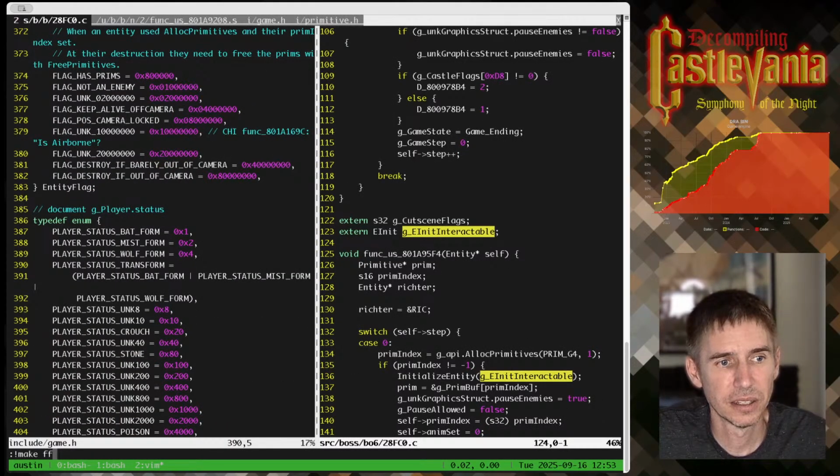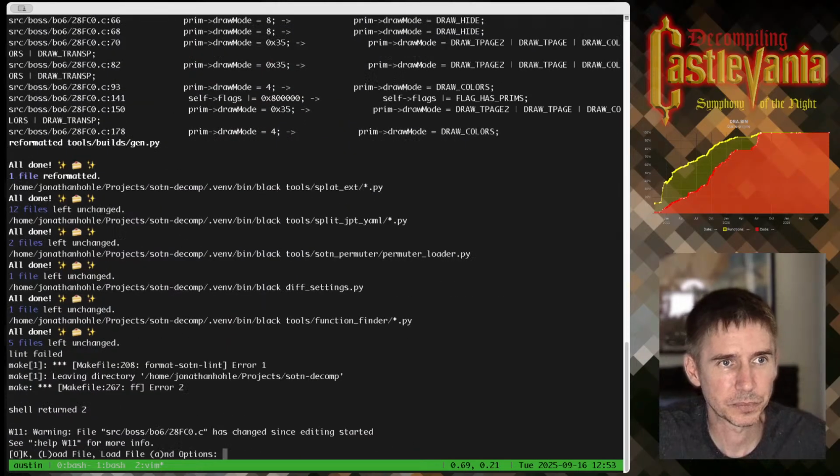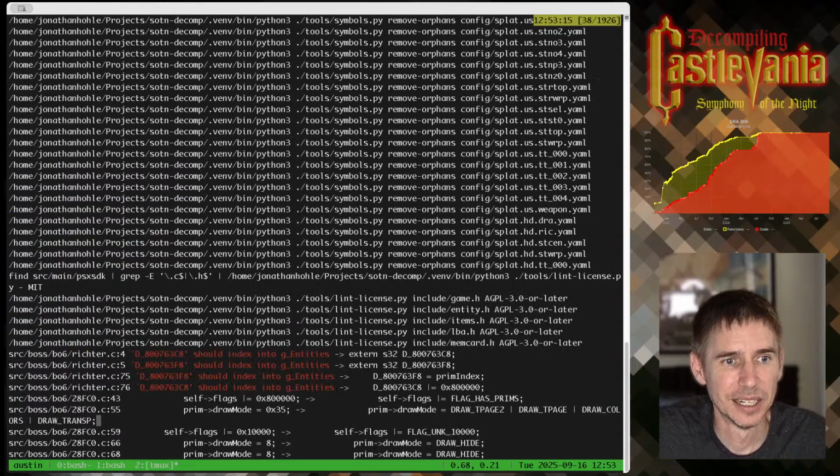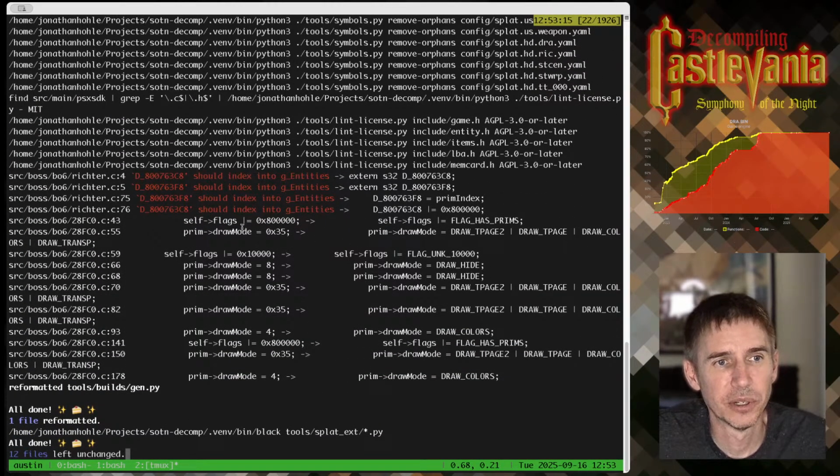We have pretty nice tools. So this FF is for fast format. It's going to go through and tell me, first of all, the things that it replaced for me. So the draw modes are going to get replaced with their enums.